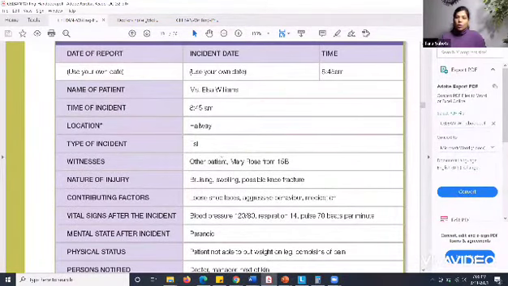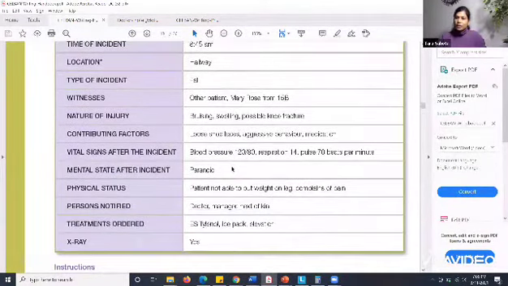So first paragraph is always introduction, and second paragraph would most likely be the main body of your writing. The last would always be your conclusion. Do not leave your letter or your narration without giving it a conclusion, like what has happened at the end, what is the conclusion at the end of your writing task 2, so that will help you to score better. So make sure that you always write an introduction and you always write your conclusion.